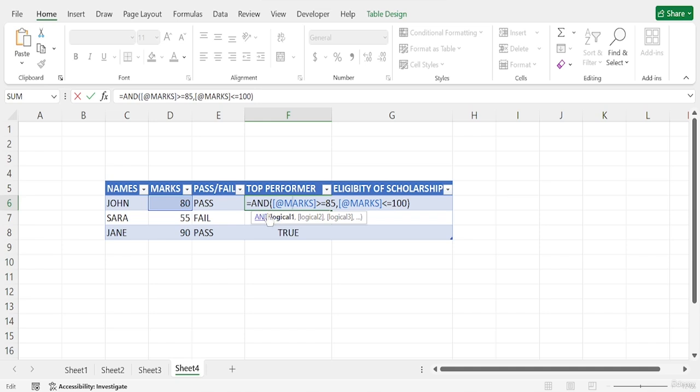So at first I will call the IF function, and then I will add the AND function. After that I will add, if these conditions are true, then give me the text Top performer, and if this condition is false, then show me Not top performer.